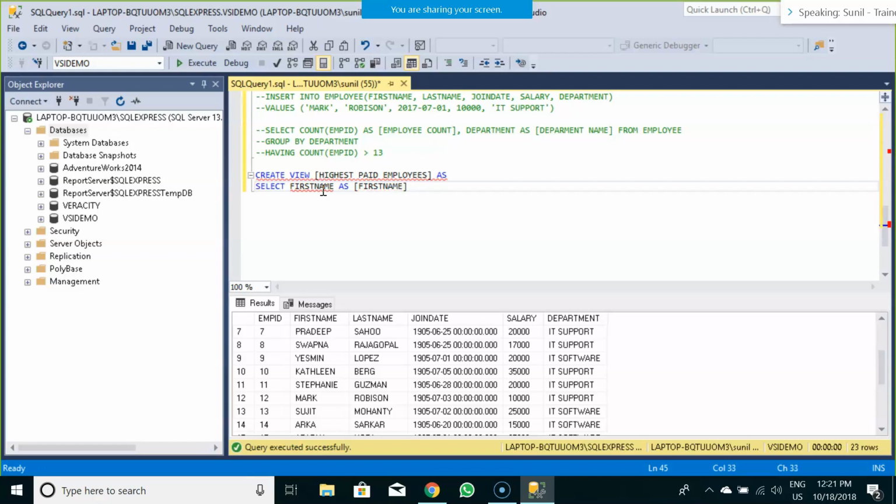So let us create a view. A view starts with the keyword view and the name of the view. For example, I want to look for the highest paid employees in this particular table. So I would create a view. The name of the view would be highest paid employee, and I need to decide which fields I want. I would need the names of the employee, the first name and last name.